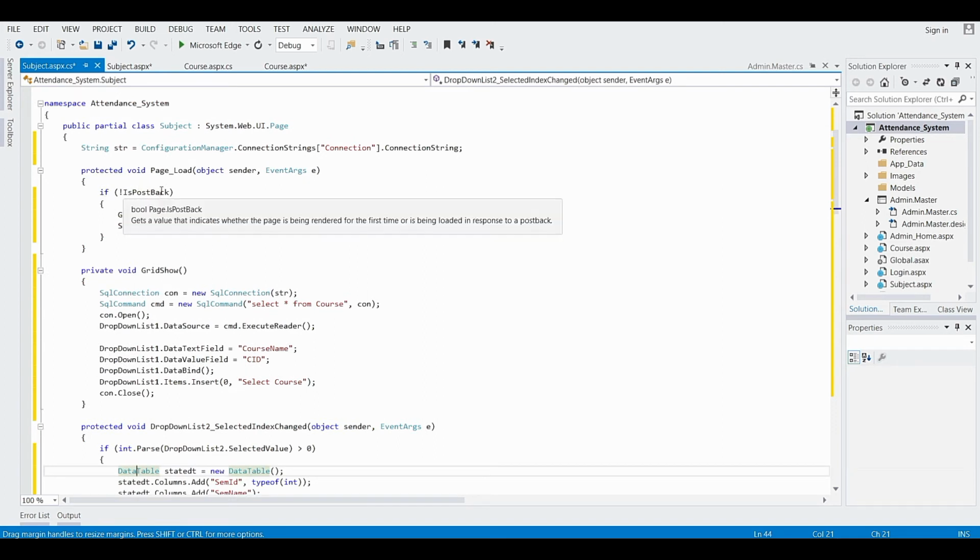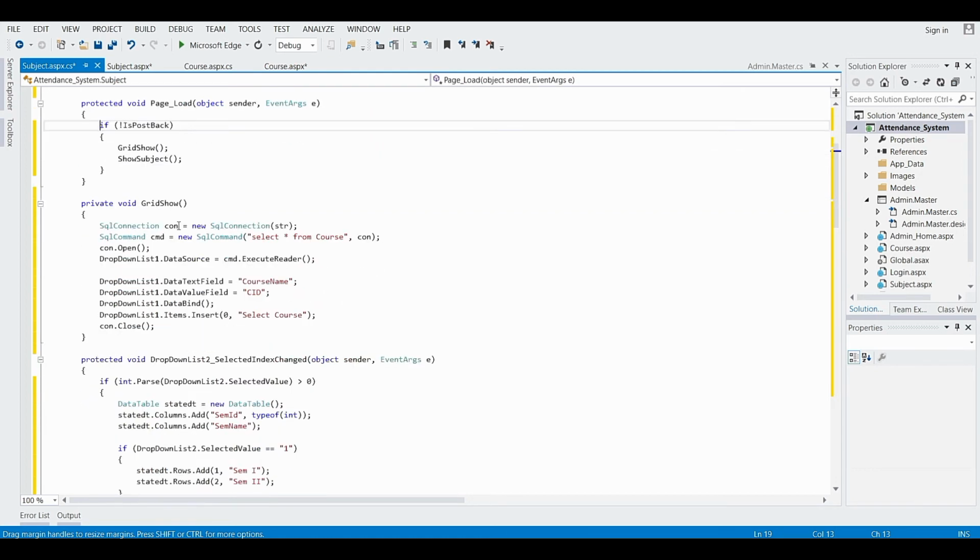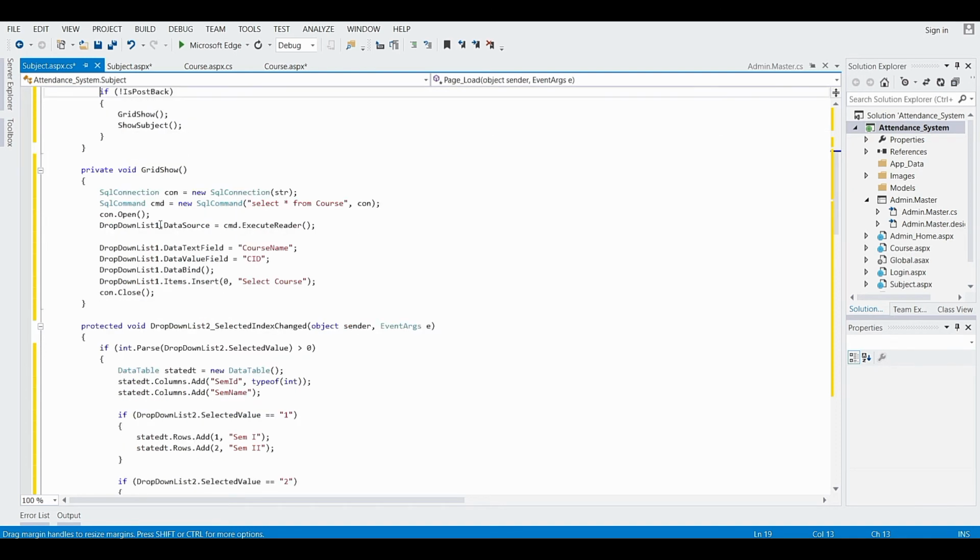Now at the page load event, if not IsPostBack, if the page is loaded for the very first time and it has not posted any request to the server, at that time it is going to call the GridShow function and ShowSubject function.